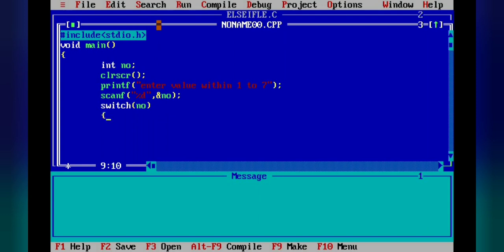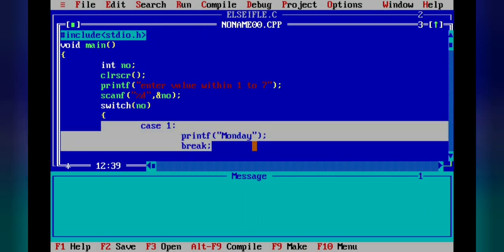Now we will open the curly bracket, case 1, colon, enter, printf Monday. And break statement.